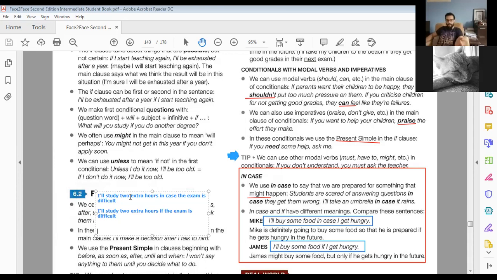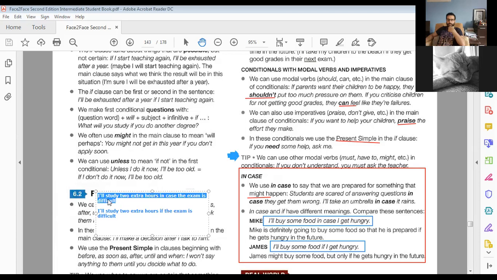Yes, he doesn't know, because it makes no sense to study for an exam after the exam, right? It's a bit stupid. Exactly. So the second student here, the stupid student, says that if the exam is difficult, I'm going to study 2 hours. But you can't read the future, you can't tell if it's going to be difficult or not. Grammatically there's no problem, but in meaning only a stupid person would say that.